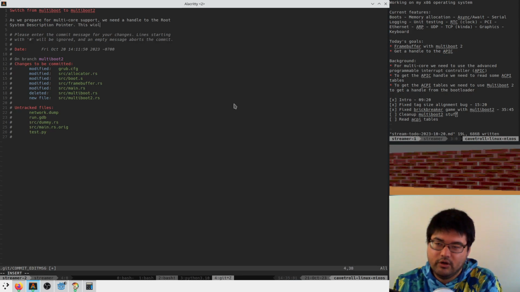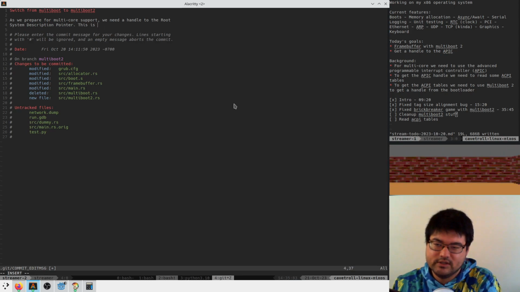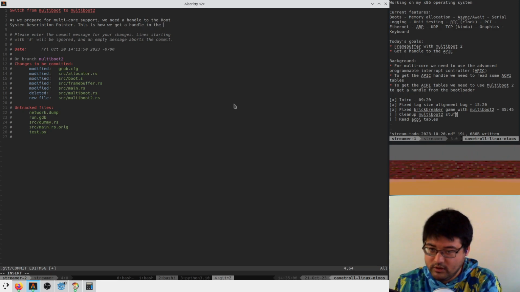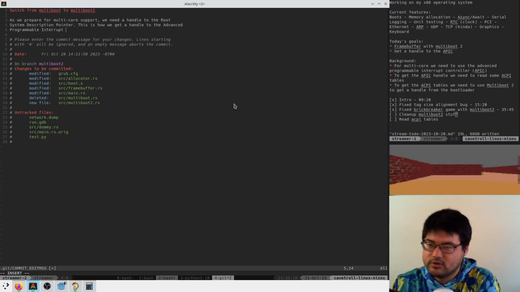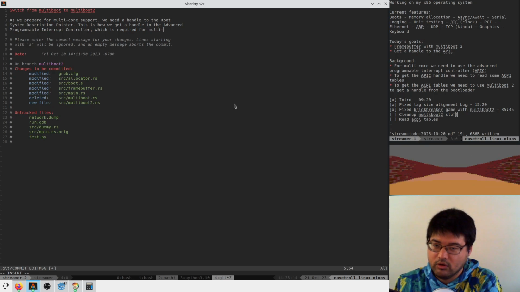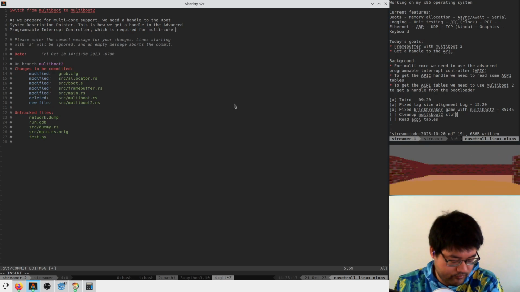This is how we get a handle to the advanced programmable interrupt controller, which is required for multi-core setup.